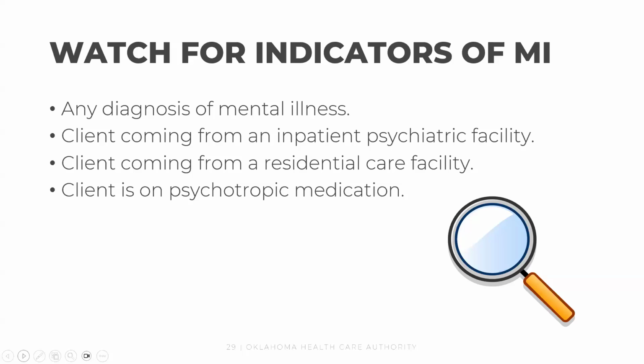Client coming from a residential care facility. So if they've been at a residential care facility, or sometimes people refer to them as group homes, that's an indicator that they would qualify and require a level two PASR. And then if they're on psychotropic medication, let's talk a little bit about that. So yes, it's an indicator, and we want you to take note of that. And that's a good time for a screening with myself, Nathan, or Steve. That's a good time for a call to one of us so we can kind of go through that